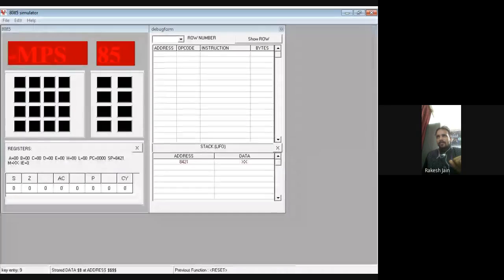Okay, now I am showing you the 8085 simulator.